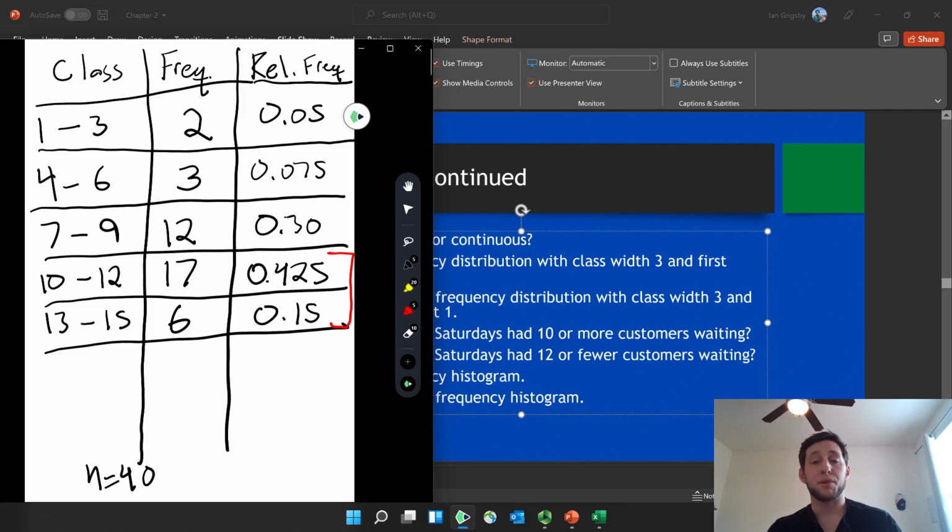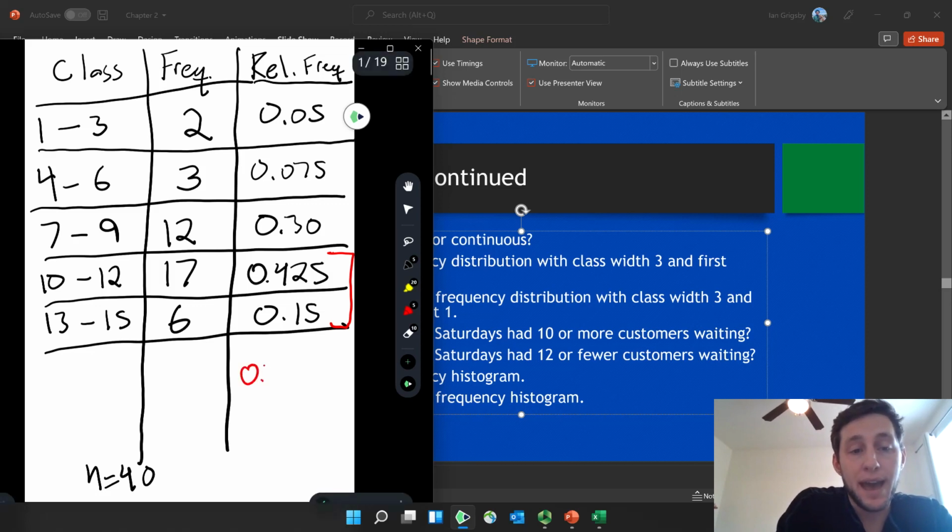Well, 42.5% would be between 10 and 12, whereas 15% would be between 13 and 15. So if we wanted 10 or more, we want both of those categories. All we have to do is add 0.425 plus 0.15. Now, if we do out that math, notice the decimals line up that way, we'll get